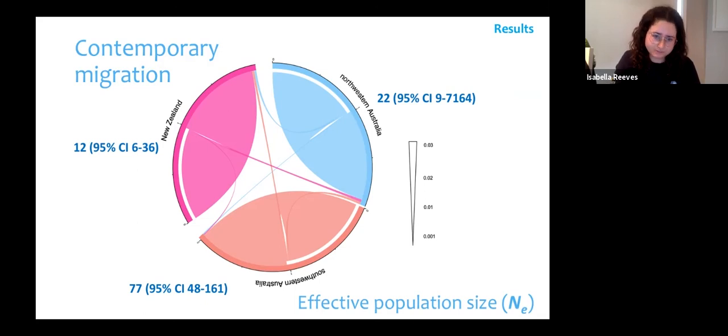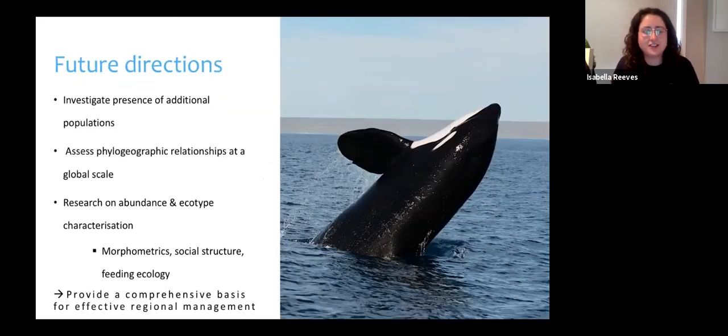Now, in terms of what to do next for Australasian killer whale research, we do need to investigate the presence of additional populations, like I mentioned, even in places like Papua New Guinea, east coast of Australia, New Zealand even. We did see that the New Zealand samples in the PCA did separate a little bit from north and south, and perhaps that's just due to the number of samples we had available to us, and that worked for our analysis. I think it's also super important to look at the ancestral relationships at a global scale of these populations to work out where they fit into a bigger picture, which is actually something that I'll be working on during my PhD, which is pretty exciting.